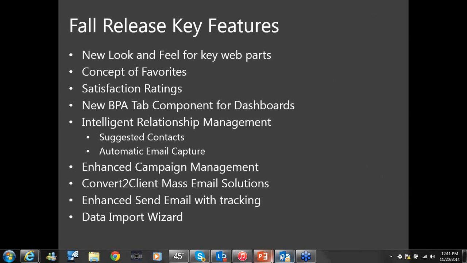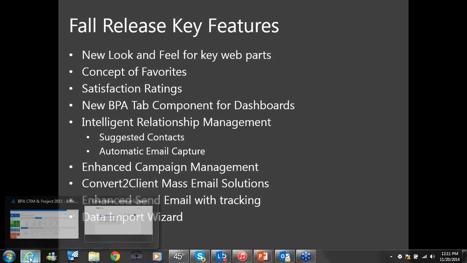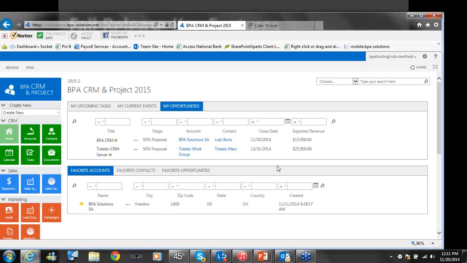All right, let's jump over to the solution and see what we've got. So here's a first look at BPA CRM and Project 2015 on SharePoint 2013. The first thing we want to note is on our home page, the Data Viewer web part has a new look and feel to it. It's got this gray area. The tabs are not necessarily tabs anymore. They are